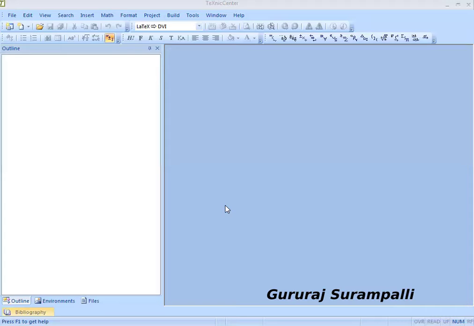Many of you may be facing problems with the bibliography. Springer, IEEE, Science Direct and other journals have their own pattern of writing the bibliography. So every time adopting that kind of bibliography becomes a difficult task for many researchers and scholars. This tool will eliminate those complexities. Once you're ready with your bibliography, you can just use one command and it will convert the bibliography into any required format.